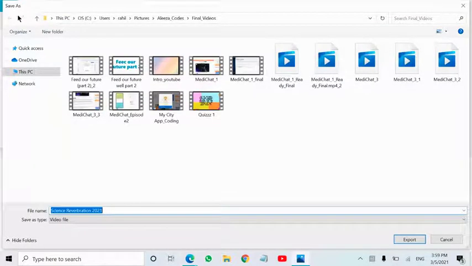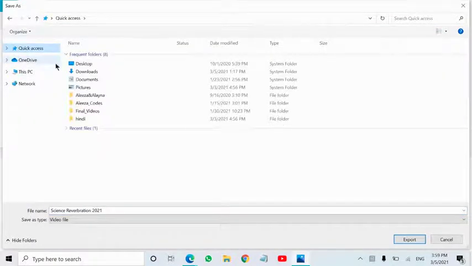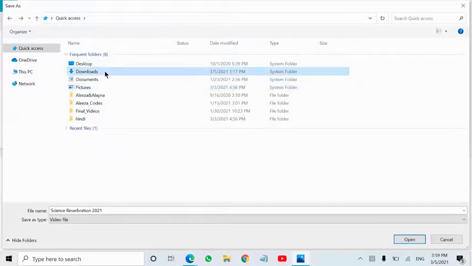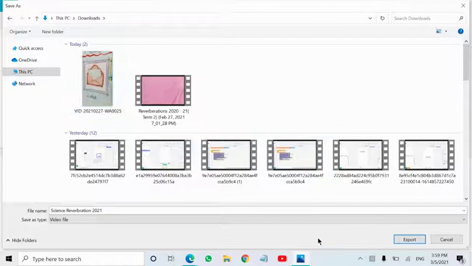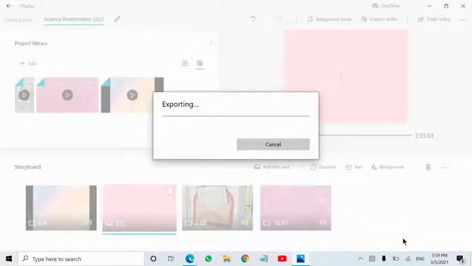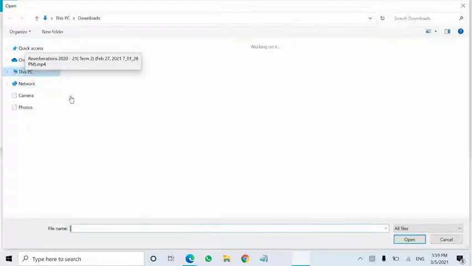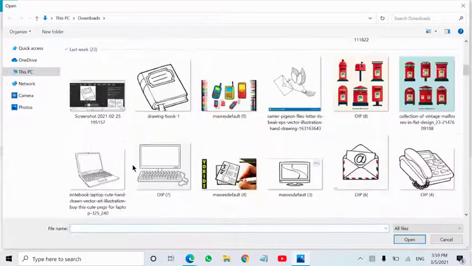Wherever you want it saved, I have a folder, I will save it in that. Right now I'm saving it in downloads, Science Reverberation 2021. Okay, export. Wait, sorry, one more thing is left. I have an outro in all of my videos, and I forgot to put it.